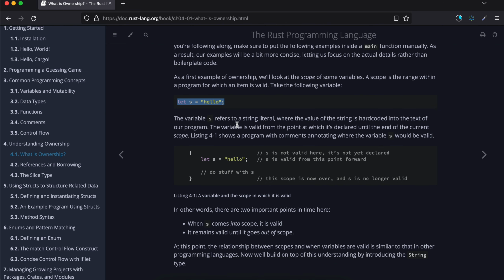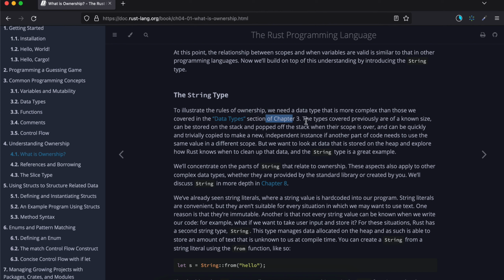At this point, the relationship between scopes and variables and when variables are valid is similar to that in other programming languages. Now we'll build on top of this understanding by introducing the String type. To illustrate the rules of ownership, we need a data type that is more complex than those we covered in the data types section of chapter 3. The types covered previously are of known size, can be stored on the stack and popped off the stack when their scope is over,